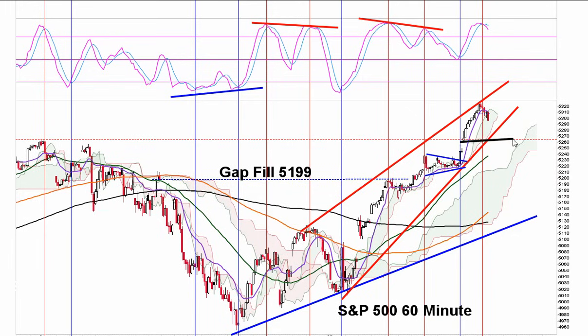We've got a gap and go. You always want to watch a gap. Is it a gap and go, gap and fill, or gap and trap? So far, we have a gap and go. Again, if gap support can hold, the trend line holds, you can still go up into the upper range there